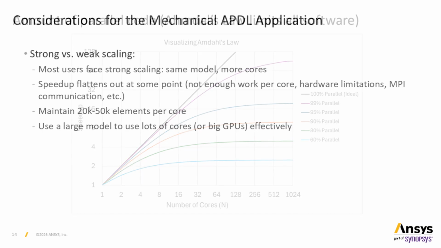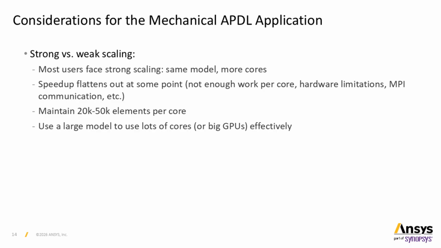There are other important factors that affect software scalability. The first is what most users care about. This is called strong scaling. Take a fixed model, use more cores, solve it faster. But there's always a ceiling, and small models hit it quickly because you run out of work to distribute. A practical rule of thumb in MAPDL is to maintain roughly 20 to 50,000 elements per core, so each core